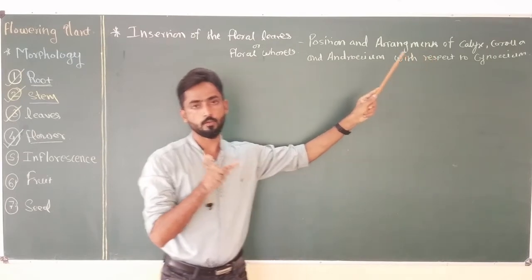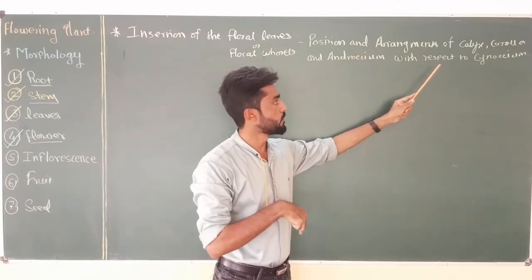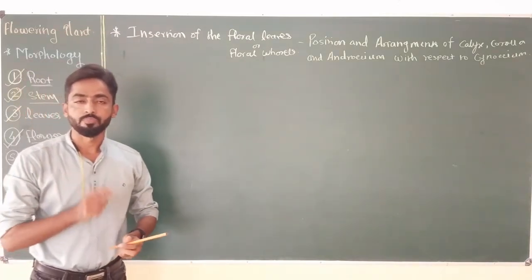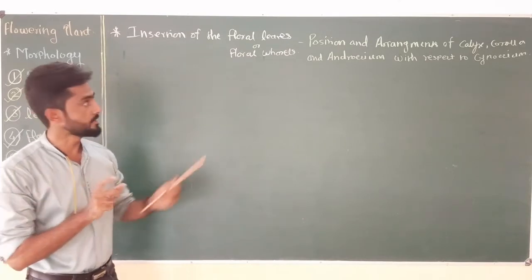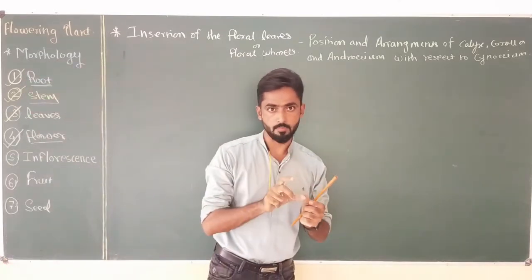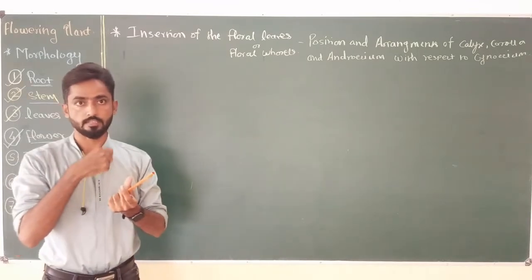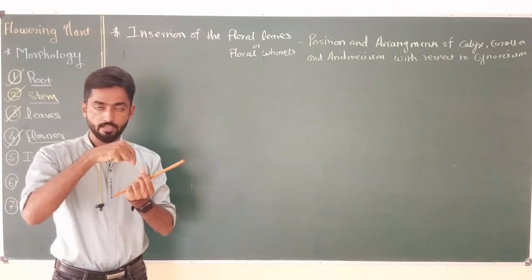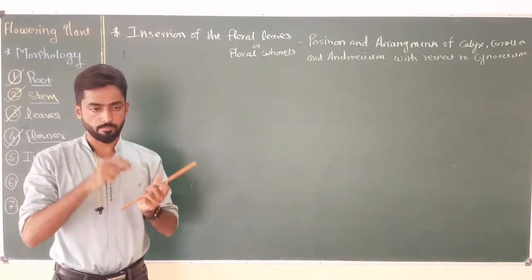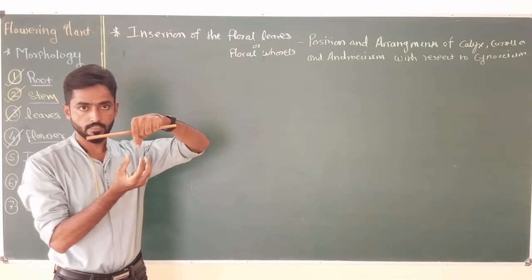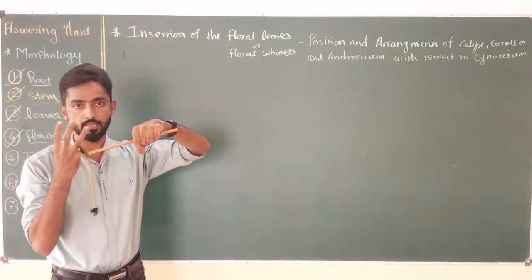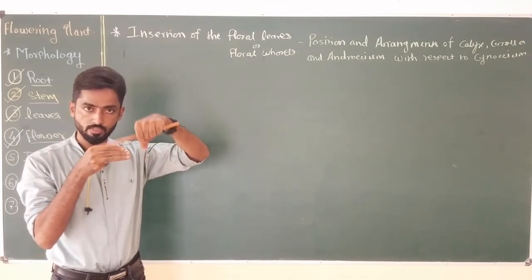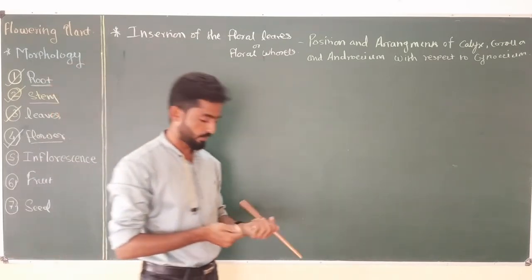the all other floral leaves with respect to gynoecium. Okay, so we know that flower has four important parts, that is calyx, corolla, androecium and gynoecium. Okay, and in this case I'm going to discuss how exactly flower gets classified on the basis of arrangement of calyx, corolla and androecium when we take gynoecium as a standard. Okay, so if the ovary is in the center of the flower, then we are going to discuss the position of the remaining three whorls, that is calyx, corolla and androecium, and on the basis of the position of these three whorls with respect to ovary, the classification of the flower can be done.